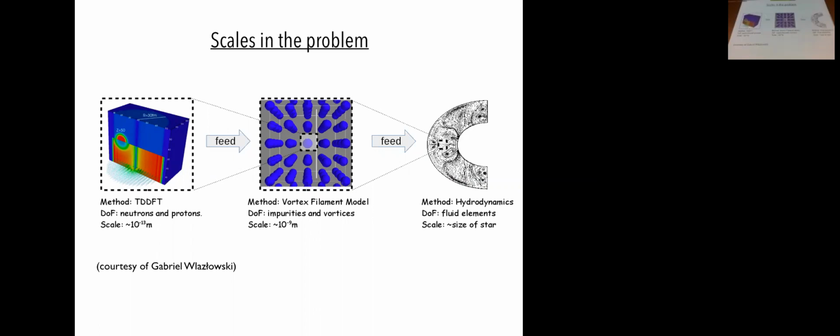And then the thing is that we have a lattice, so we would like to, Marc Antonelli, who's here as well, started developing a vortex filament model, and Konrad Buchetti. So this is actually his simulation, I think, where you look at vortex motion through this lattice, and you want to have some average description so that when you average out, you can have a mutual friction that you can use in your hydrodynamics.